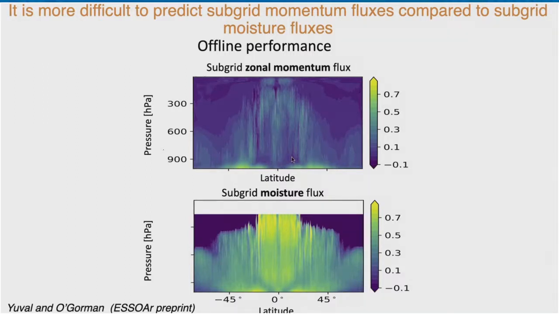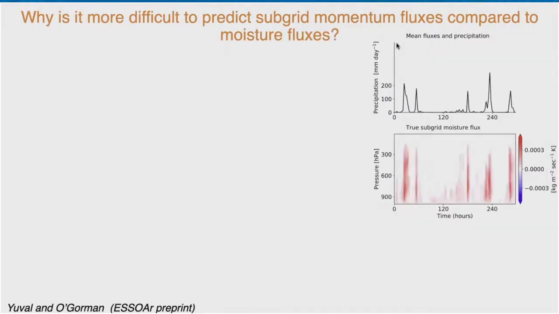And now the question we want to ask: why is it so difficult to predict momentum fluxes? Why are we failing in predicting momentum fluxes? To do that, I'm looking at a single grid point over some time interval. In the upper plot, I'm plotting precipitation versus time. You can see what happens here. This is a tropical region. Every once in a while, we have a lot of precipitation, and then maybe nothing, and again precipitating events, and so on. Below it, I'm plotting the subgrid moisture fluxes. Every time we have a precipitation event, you can see we have an upward moisture flux. And this is a convection event. So this makes sense. Moisture is brought from the surface upwards every time we have a convection event.